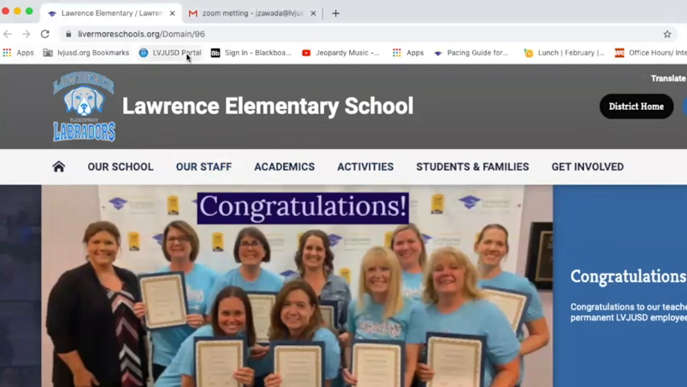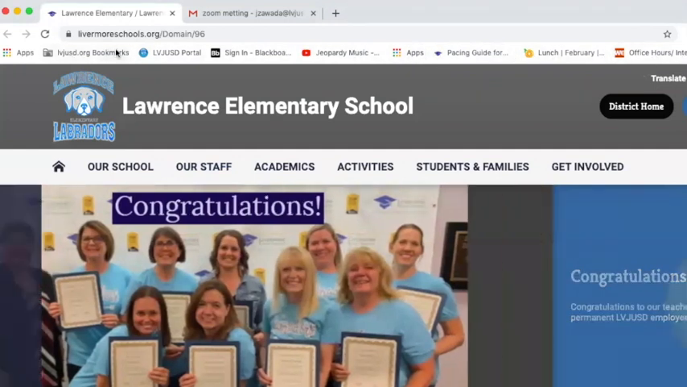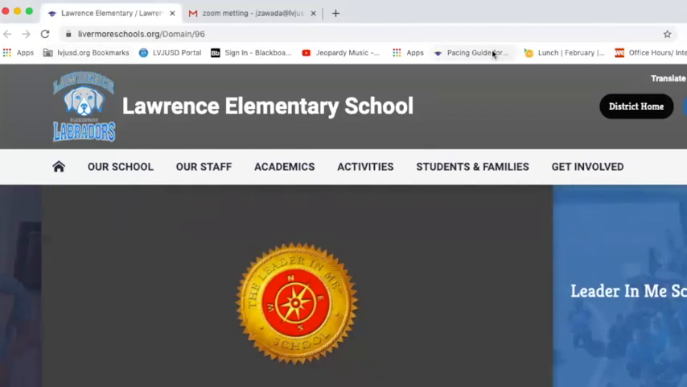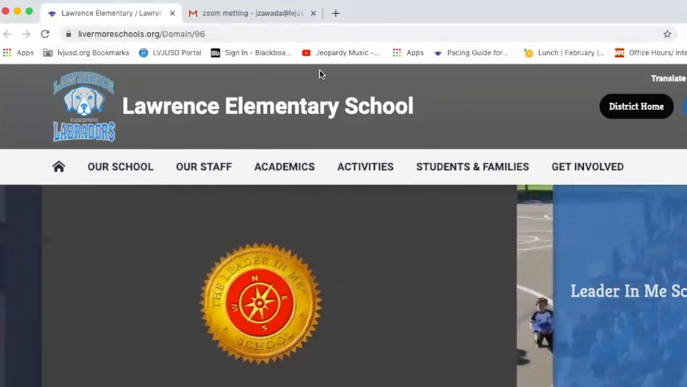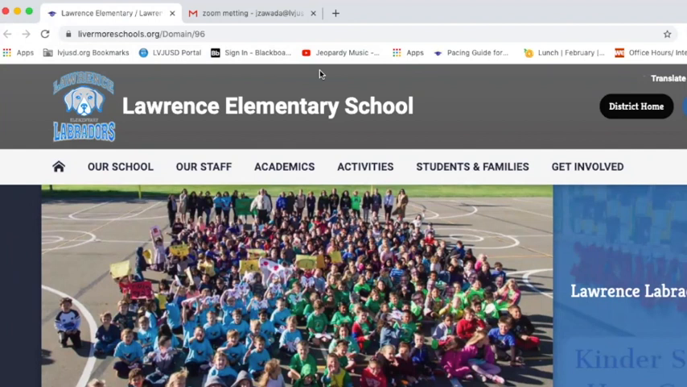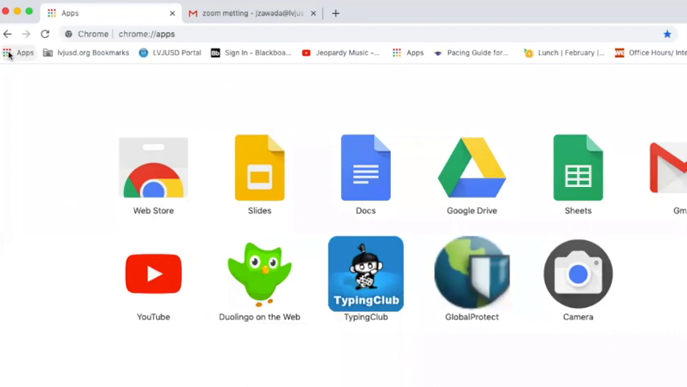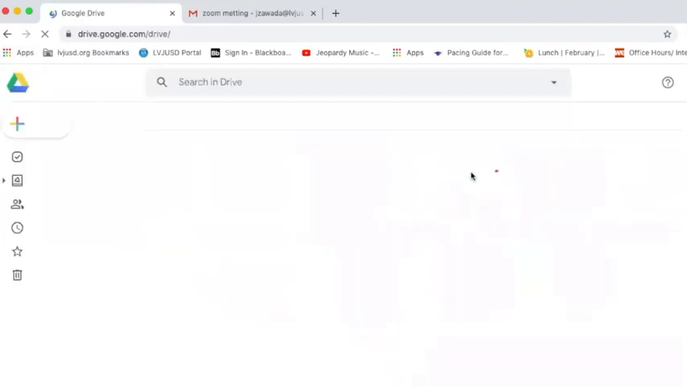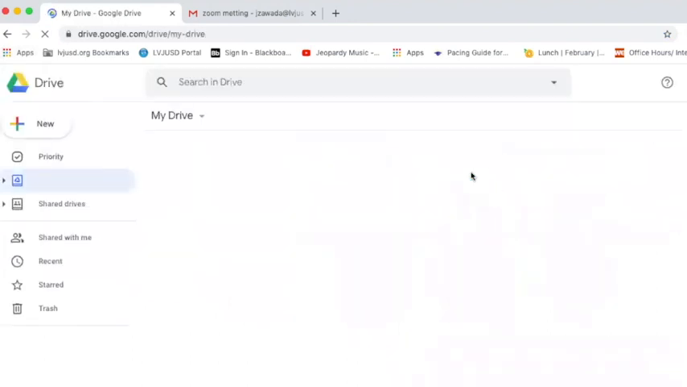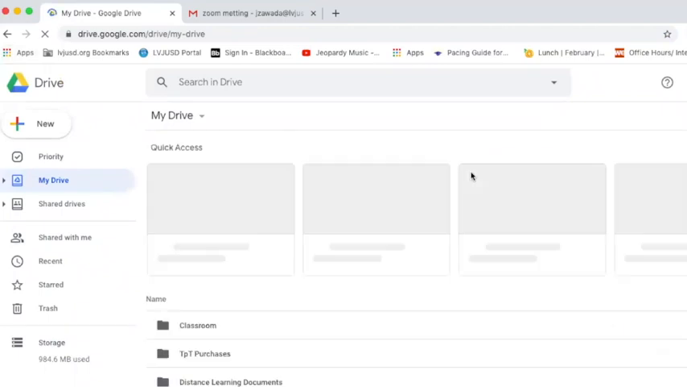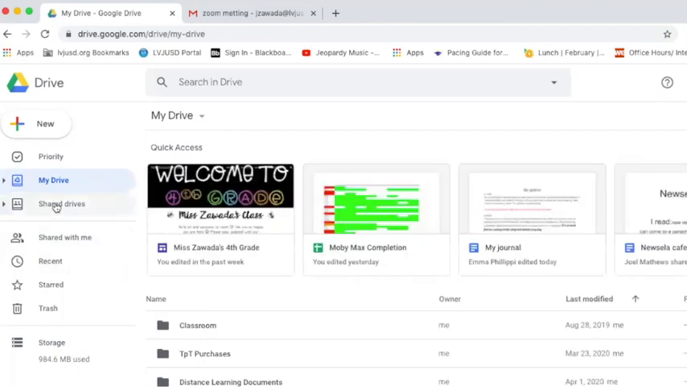And then at the top right, if you're logged in with the district email, you should have your bookmarks right here. Obviously mine looks a little bit different than what the kids are going to see because they have different things bookmarked than I do, but everyone should have this right up here that says apps. Okay, so I'm going to click on that, and then I'm going to go to my Google Drive. Again, my Google Drive is going to look very different than the students', but if you go over to shared drives,